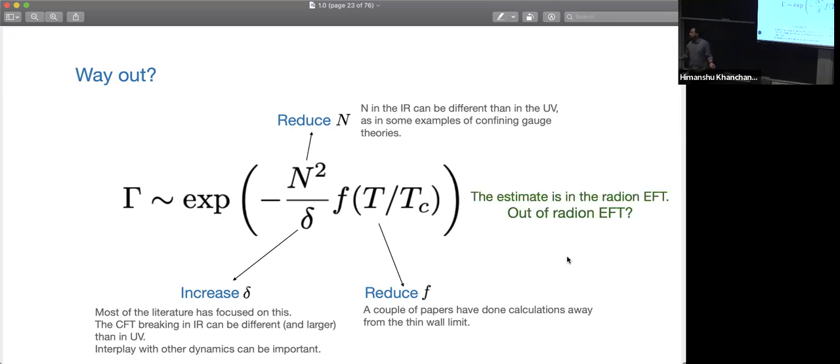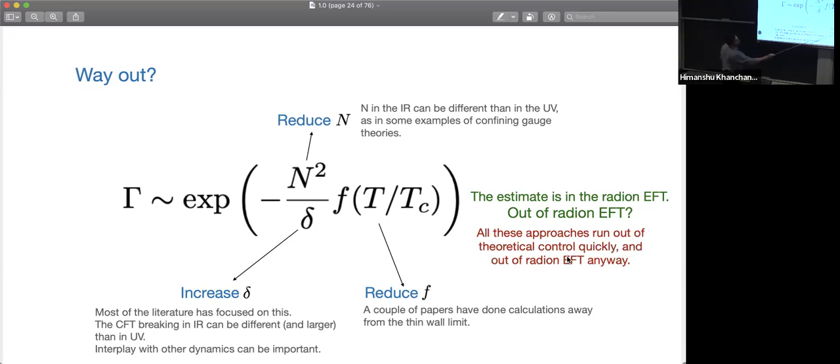But finally, you can say, well, all this calculation was done in this simplified radion picture, right? This estimate, this formula that I wrote down, is in the radion effective theory. So what happens if you do not assume that? What happens if you say that the radion is not the lightest mode and so you should not stay in the radion EFT? Then this formula would not even look like this, right? So some other formula, some other calculation would have to be done. And anyway, all these things effectively run out of control and run out of the radion EFT anyway, right? So you should maybe not trust this formula 100%